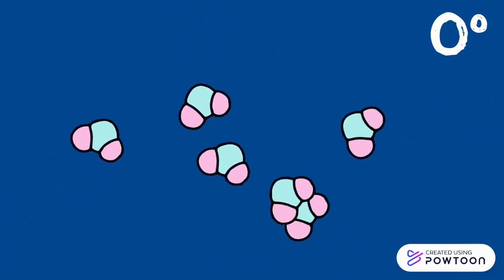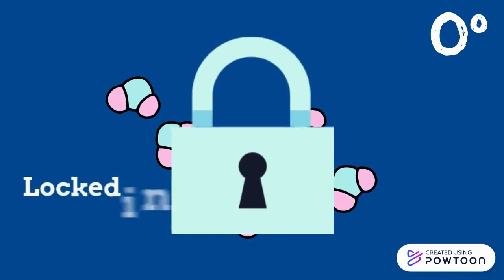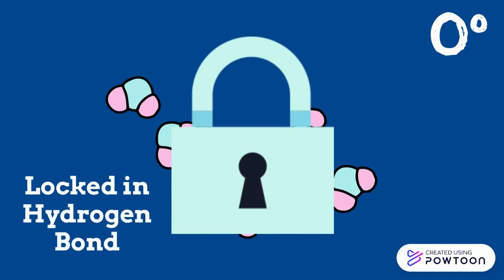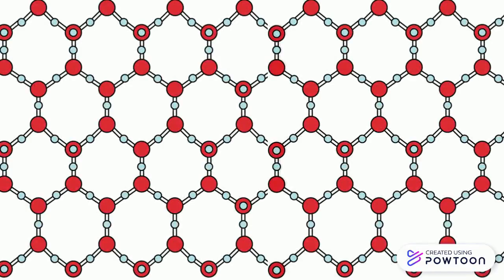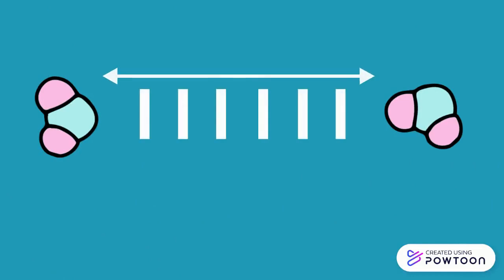However, as the temperature falls from 4 degrees Celsius to 0 degrees Celsius, water begins to freeze because more and more of its molecules are moving too slowly to break the hydrogen bonds. Therefore, at 0 degrees Celsius, the molecules become locked into a crystalline lattice, with each water molecule hydrogen bonded to 4 partners. Point 3. The hydrogen bonds keep the molecules far enough apart to make ice about 10% less dense